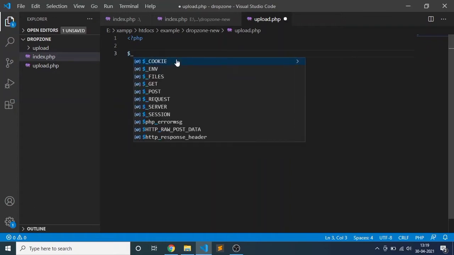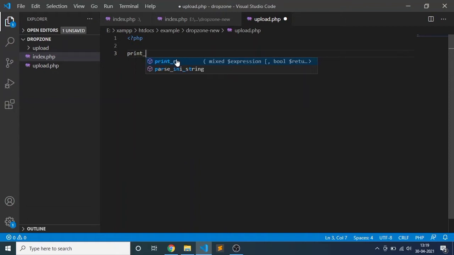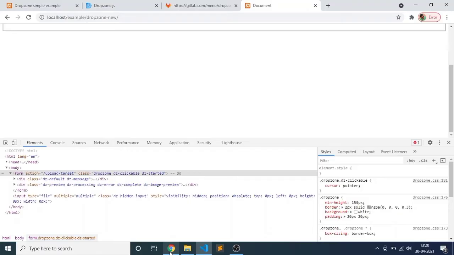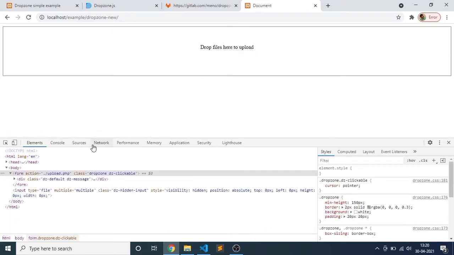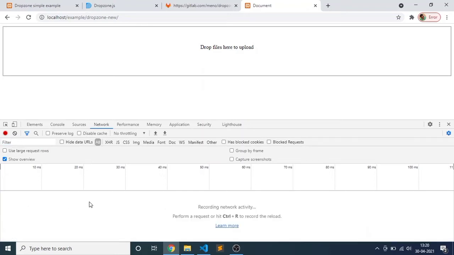Here we are printing the file which is available from our form. print_r is used for formatting the files array, and exit for normal execution. Now I just refresh, go to the network tab, and see all the files found on this reloaded page.